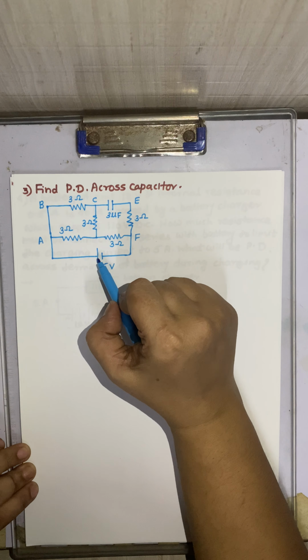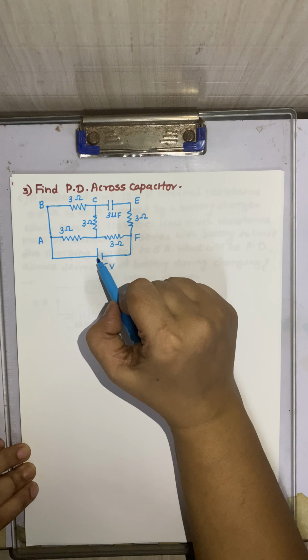Now at point A you can see that the current is distributed in two branches. One is this branch and one is this branch. Through this branch I will consider the current as I1. This resistance is 3 ohm. So in this complete branch A, B, C up to point D, the current flowing is I1. Now I is coming at this place and I1 is going at this place, so I minus I1 will be flowing through this branch. I'll write here I minus I1 is flowing through A to D.